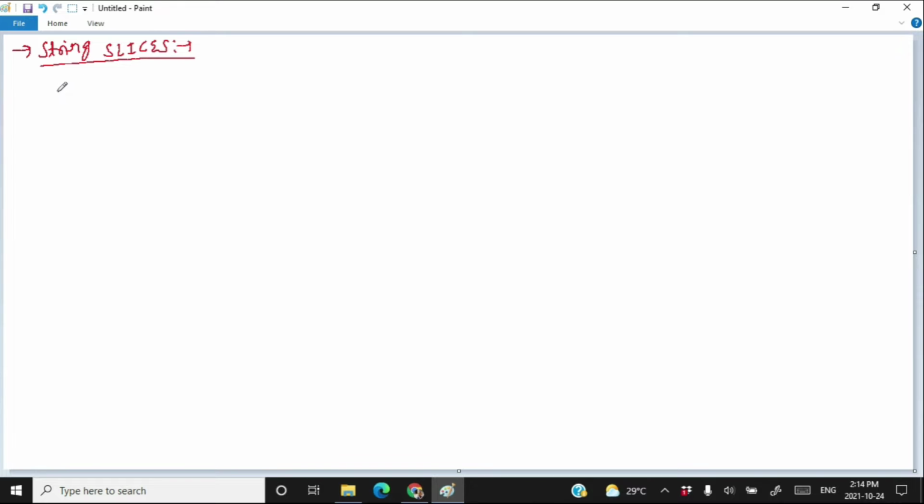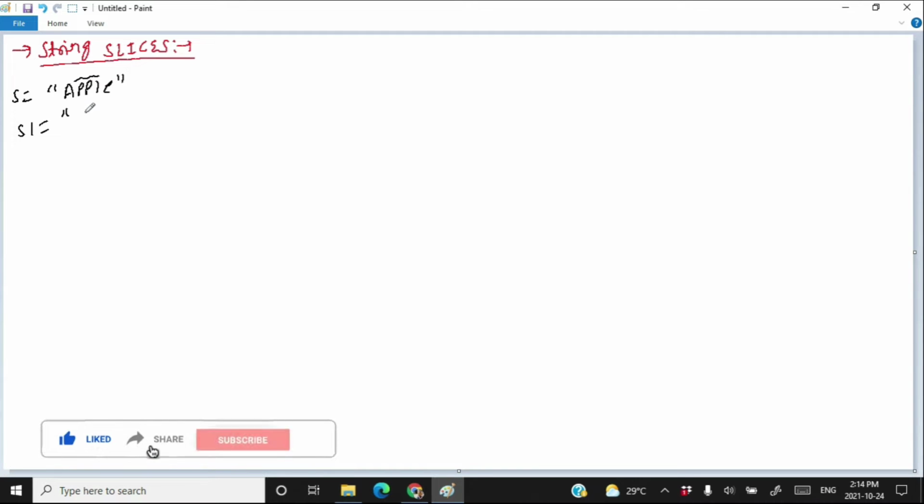What I mean here is that if I create a string apple and store it in the variable s, I want to take a part of s and create another string called s1, which has just ppl. So I want to take a part of a string to create another string. This is called string slicing.